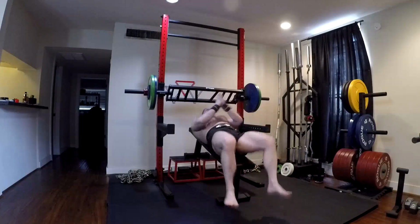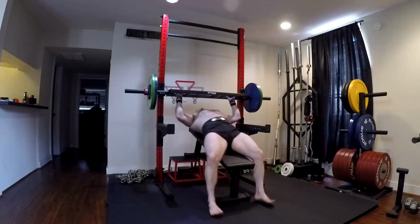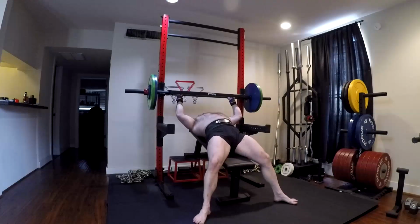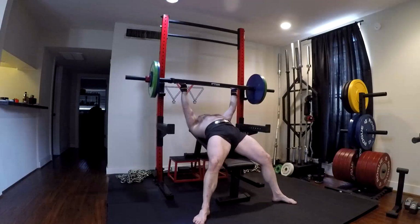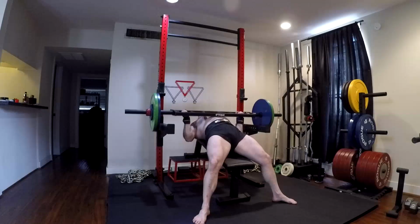I'll do incline benching, especially with this bar. This bar's so easy on my shoulders. I'll just incline with it every upper body day. Why not? Get good at it. And like I said, I went up 10 pounds on it today, and the 4th set